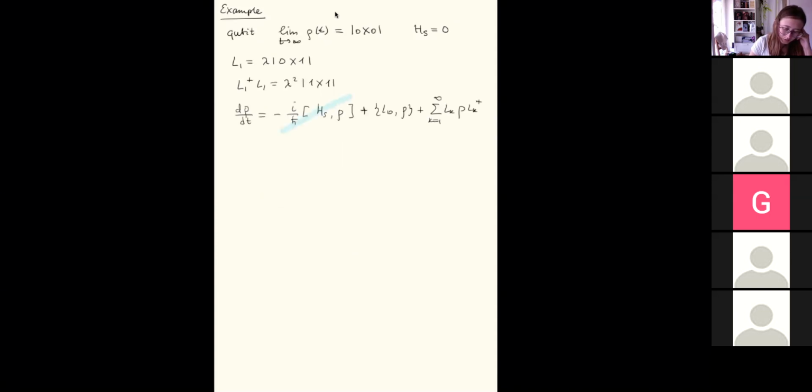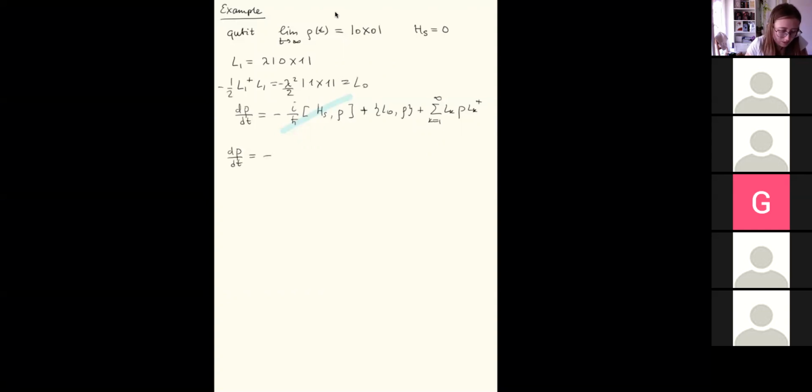This goes away because HS is 0. Then L1 dagger L1, or we can already write this with minus 1/2. This is L0. Okay. And now we just need to write down our equation and indeed see that